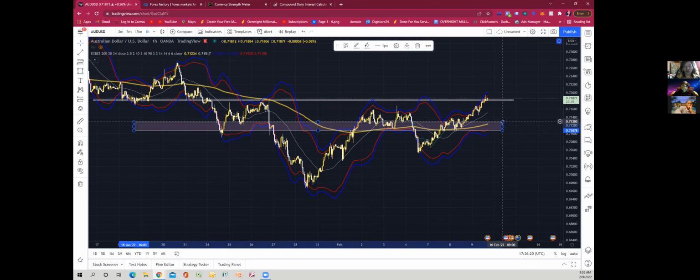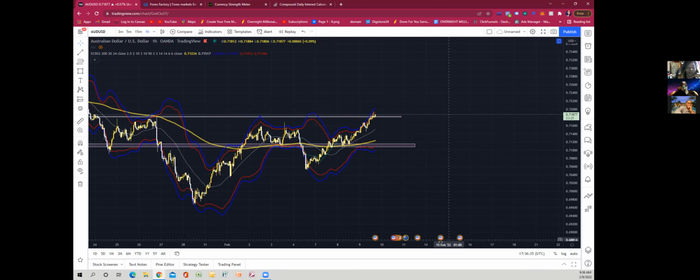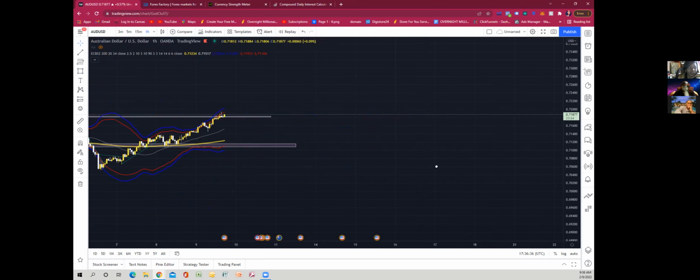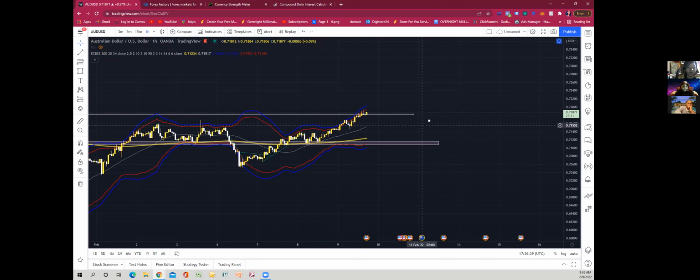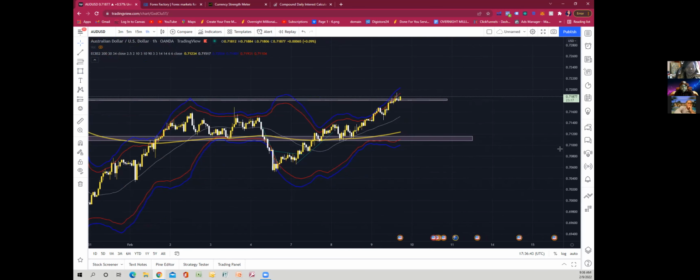You're like, hey, why are you marking this up? Because this is where the market touched multiple times and was rejected from that area. It rejected from that area. So this is the hourly. You really don't need a zone for the hourly.